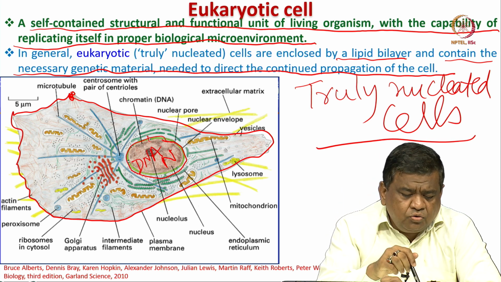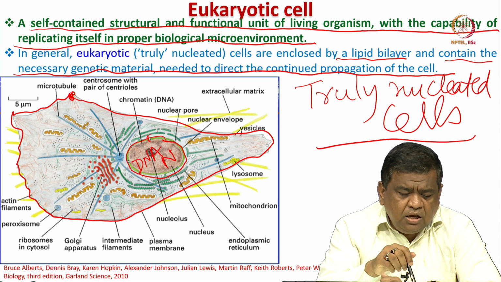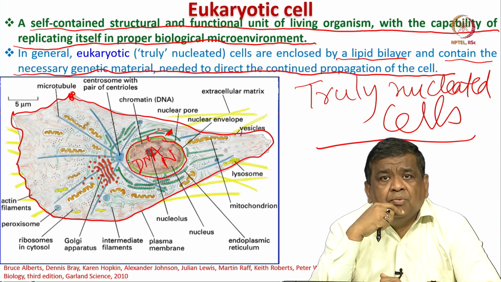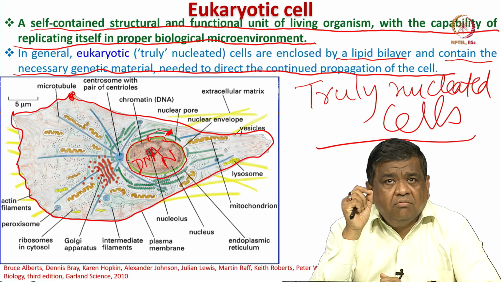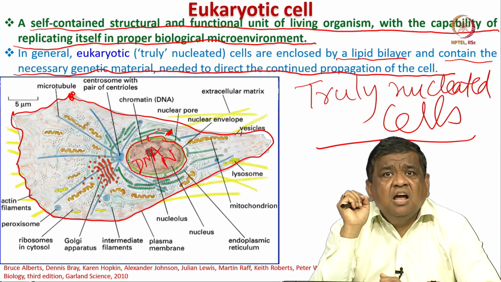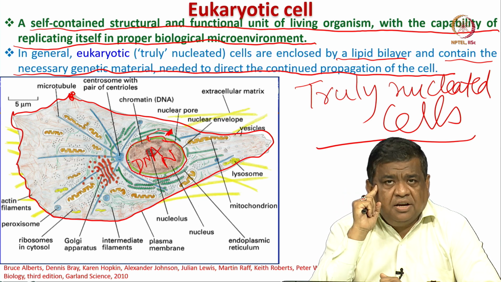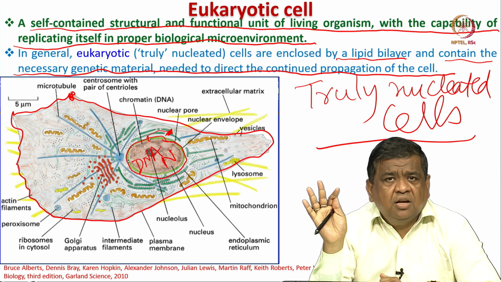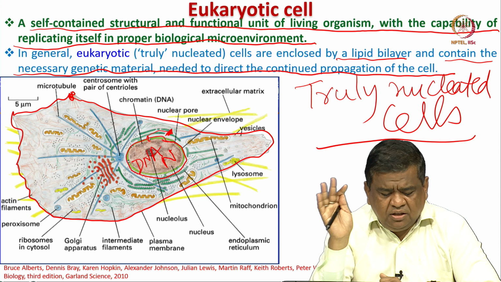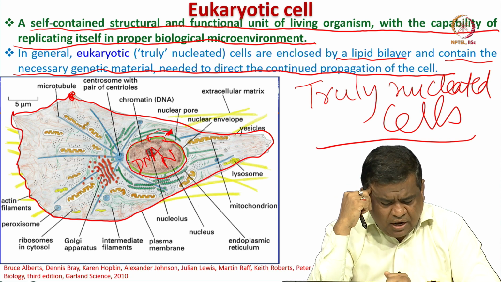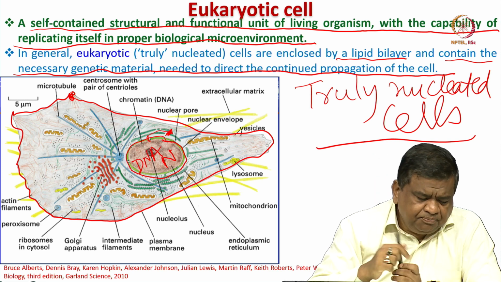through these pores, this mRNA goes out to the cytoplasm, then it will be transformed to protein at the organelles called ribosomes, which are the protein synthesis sites, and this process is called translation. Transcription inside the nucleus, translation outside the nucleus in the cytoplasm, and this is called the central dogma of molecular biology. So, you have the truly nucleated cells, and